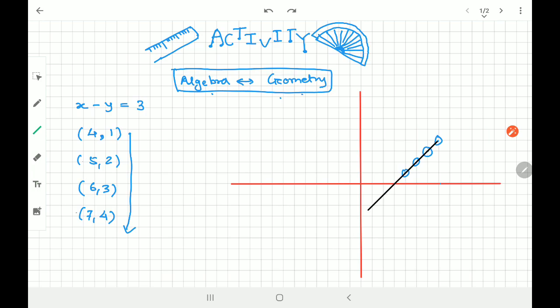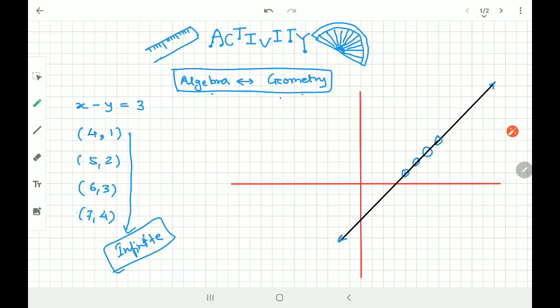राइट? बट ये स्ट्रेट लाइन तो इन्फाइनेटली एक्सटेंड होता है, isn't it? I can extend it in any direction, in both directions, at any distance, right? So just now what I said, this has got infinitely many solutions. It has got infinite solutions.